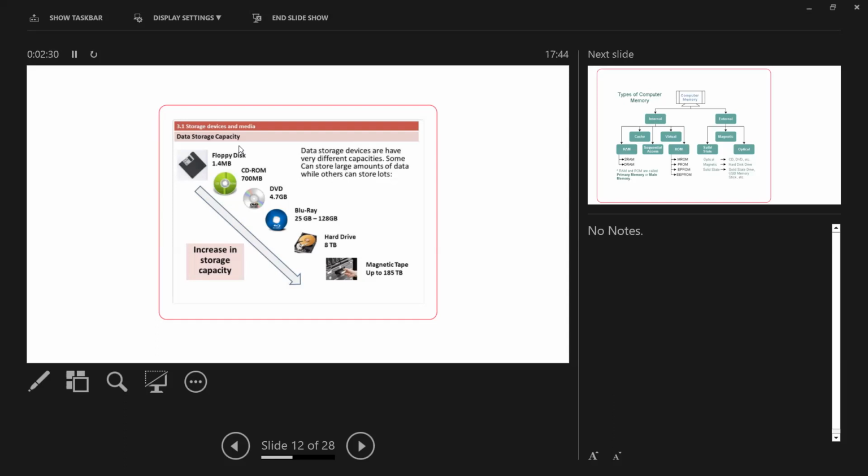Then after a certain period of time, CD-ROMs came, which were 700 megabytes in those days, not today. Then DVD 4.7 gigabytes. Blu-ray now is around 60 GB, 64 GB. So now the range is 25 GB to 128 GB. Hard disk 8 GB. Magnetic tape up to 158 TB. But now magnetic tapes are also not going to be used. 3 years back, magnetic tapes were used in the bank sectors, but now